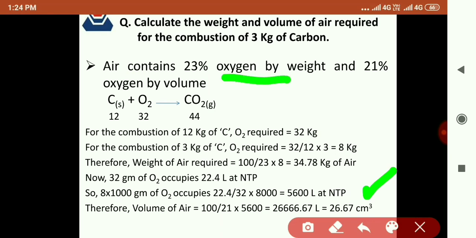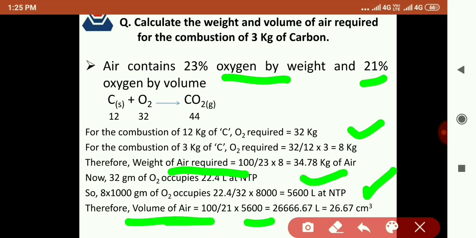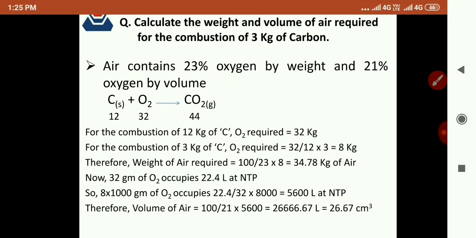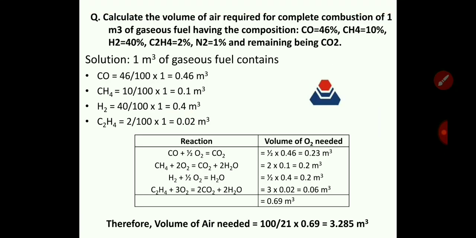सो यहाँ पर 2-3 कॉन्सेप्ट जो उन्होंने कवर किए वो ये कि हमें ये याद रखना है कितने % ऑक्सीजन एयर में होता है बाय वेट एंड कितने % ऑक्सीजन होता है बाय वॉल्यूम। सो जब भी हमको वेट और वॉल्यूम एयर ऑक्सीजन का पता होगा तो हम एयर का इजीली निकाल पा रहे हैं। जैसे यहाँ पर हमने ऑक्सीजन का निकाला, फिर वेट ऑफ एयर निकाला 100/23 इंटू 8 कर दिया। इसी तरह वॉल्यूम हमने ऑक्सीजन का निकाला 5600 आया है तो वॉल्यूम ऑफ एयर निकाला 100/21 इंटू 5600, इससे मल्टीप्लाई कर दिया। सो इन दिस वे वी कैन कैलकुलेट द वेट एंड वॉल्यूम ऑफ एयर रिक्वायर्ड फॉर द कंप्लीट कंबशन ऑफ कार्बन।